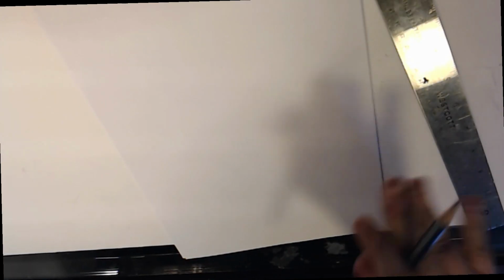Okay, hey guys, sorry for the glare. The ruler is just the light. Anyways,